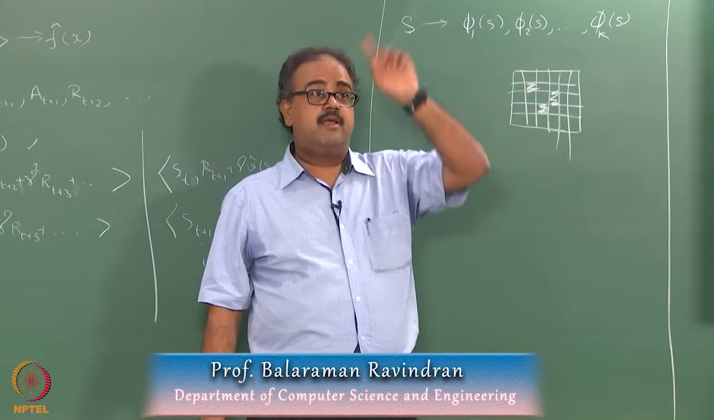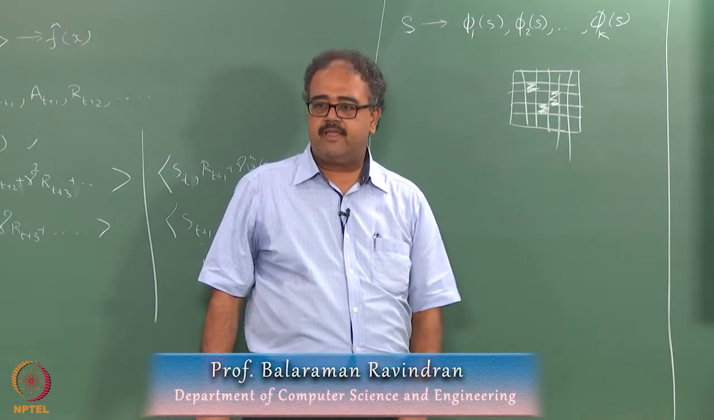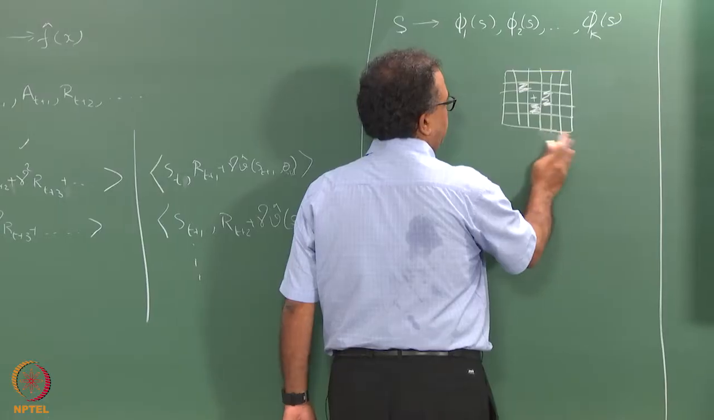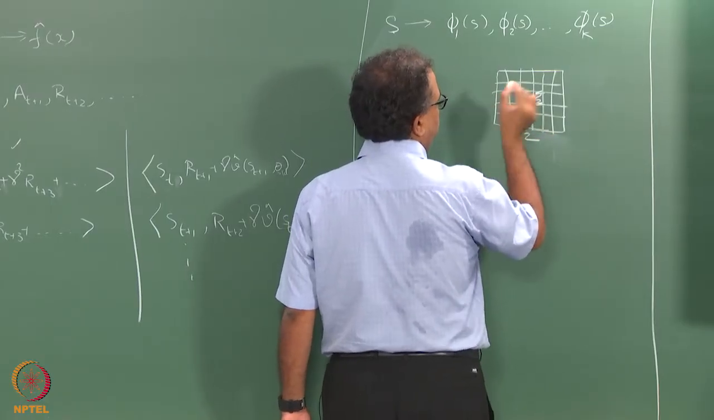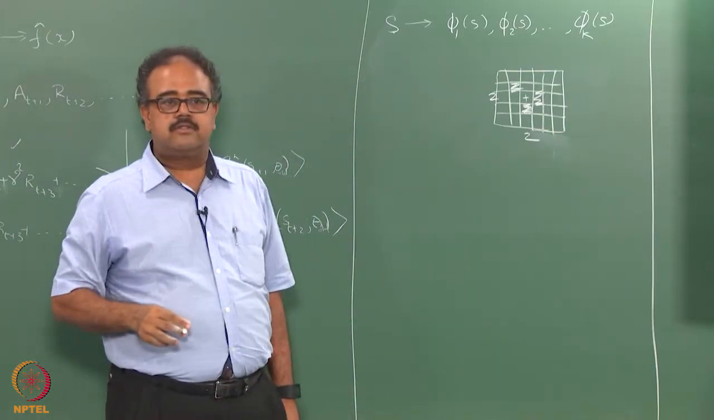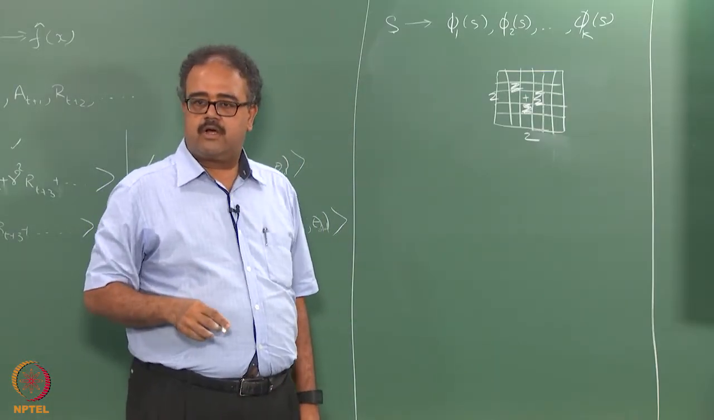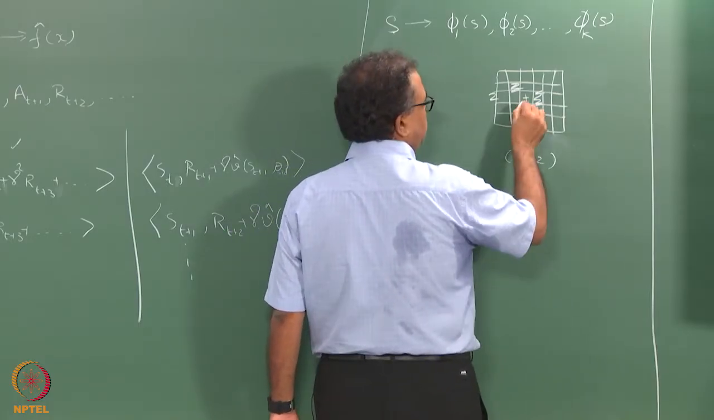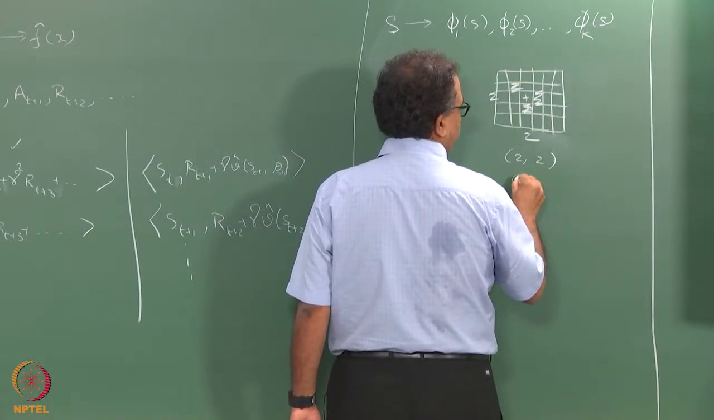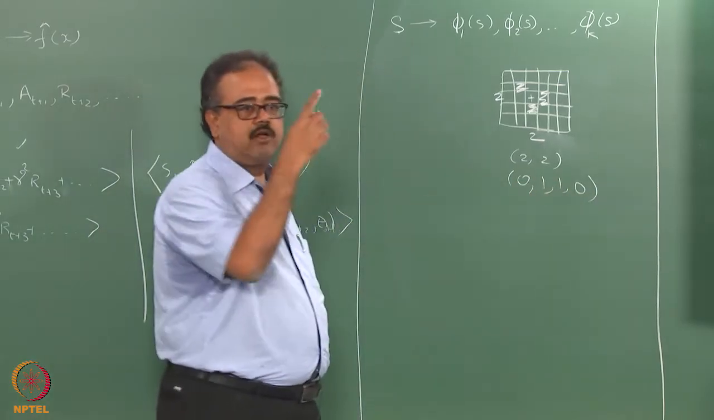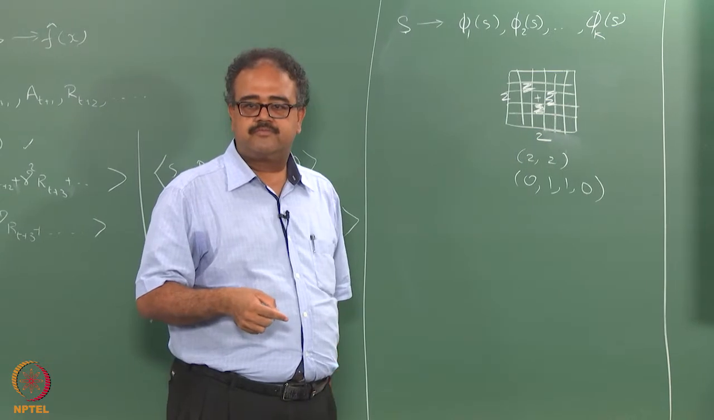So, phi 1 will be 1 whenever there is an obstacle above me. So, for example, if I am here, that will be 2 comma 2. So, the location will be 2 comma 2, so one state representation is 2 comma 2, another representation is to say, going clockwise from above,